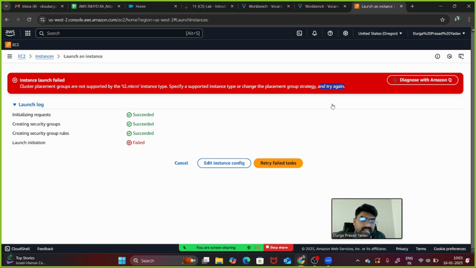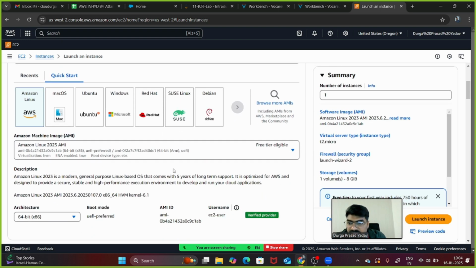So remember, guys, remember why it is not supporting. Anybody can answer here. What type of instance type will cluster support? What type of instance will it support? Maybe T, guys? To small, sir. Compute optimized and memory optimized. So it is not even compute optimized or memory optimized, that's why it is showing the error.